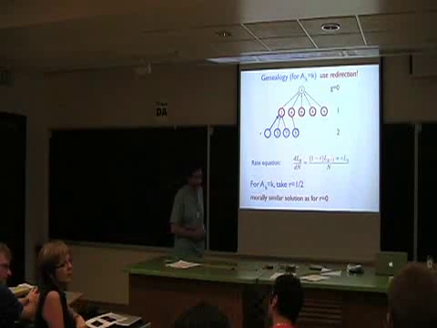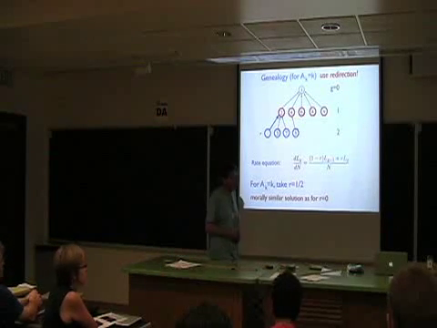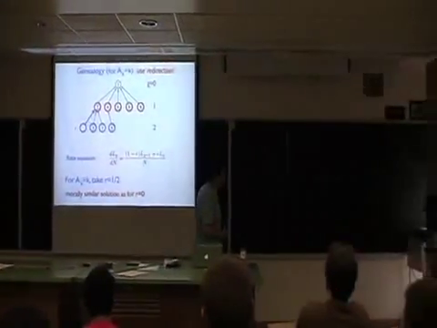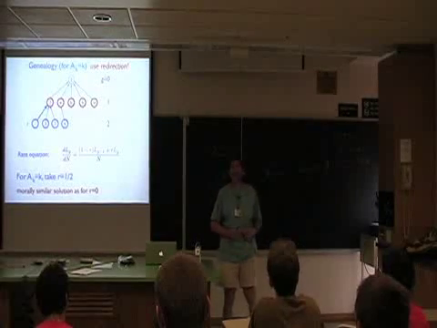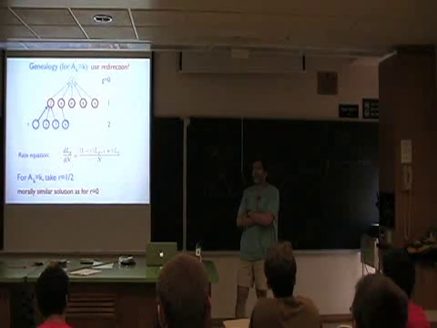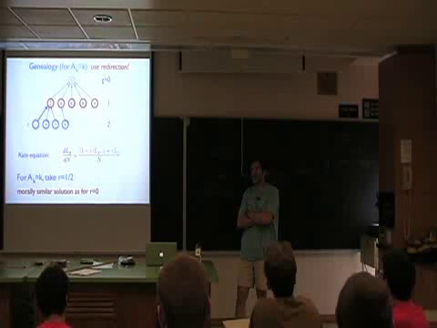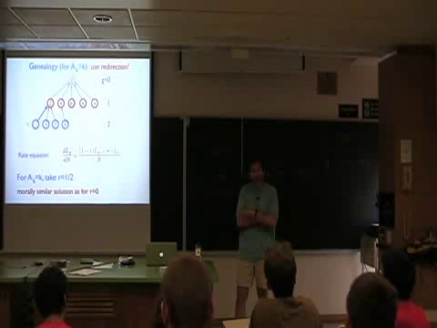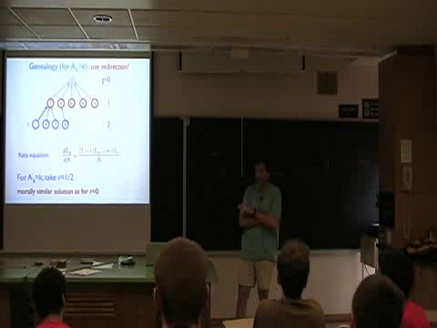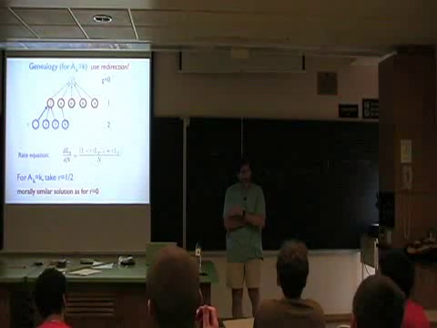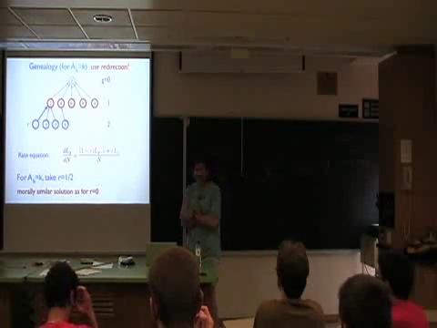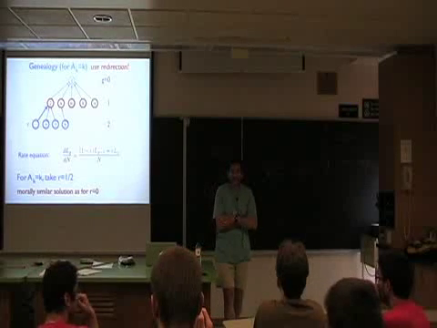What's the behavior if A of k goes like k log k? If it goes like k log k, then it turns out that the degree distribution, if I remember correctly, is something like k to the minus 3 times log k. If you put in a logarithm correction, you get a logarithm correction in the degree distribution itself. I actually worked this out a long time ago, and I forget the details, but it can be done. So a logarithm correction in the attachment rate gives rise to a logarithm correction in the power law.